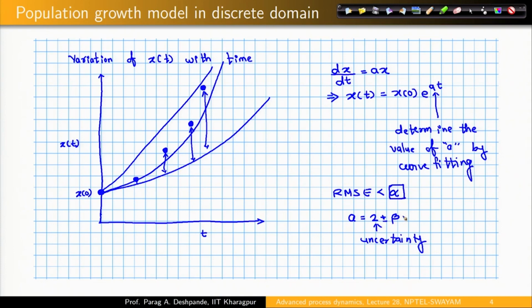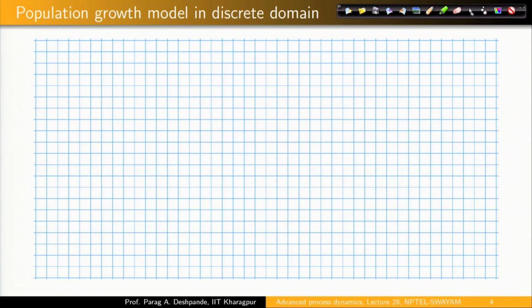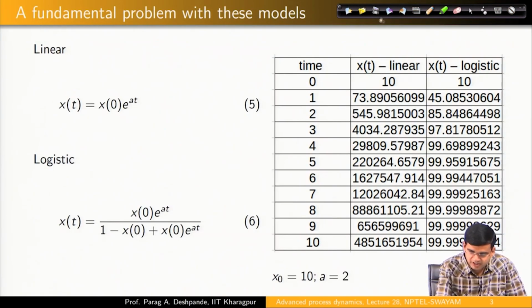And if that is the case, then you actually cannot say that your population is